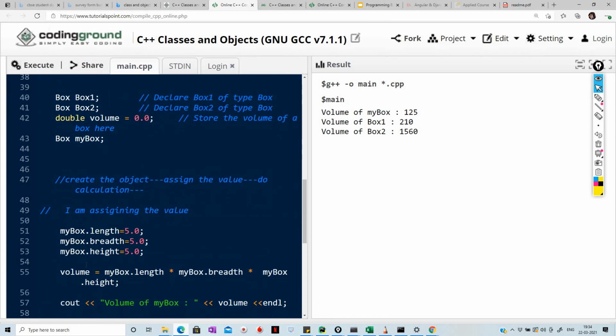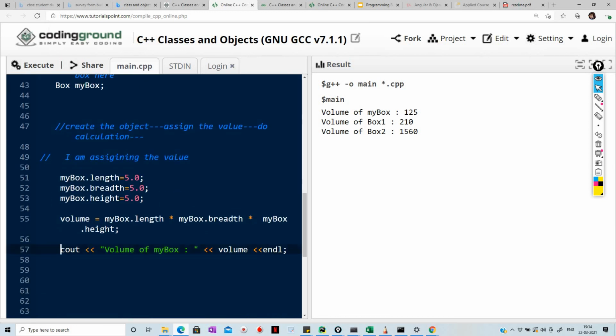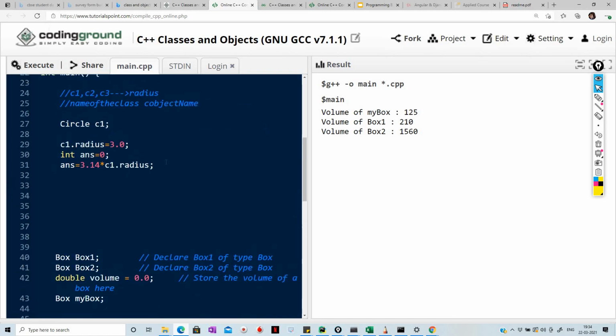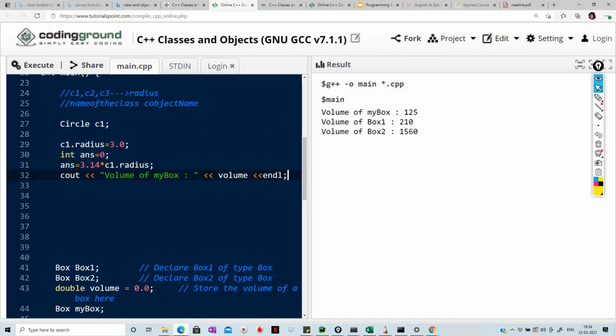So just copy this line, this will save your time. Let me call it area of C1. And I am posting the answer here. Okay, so everything looks good.